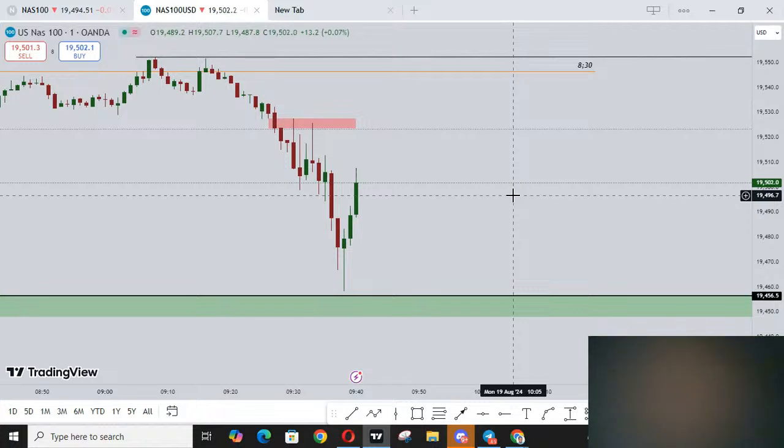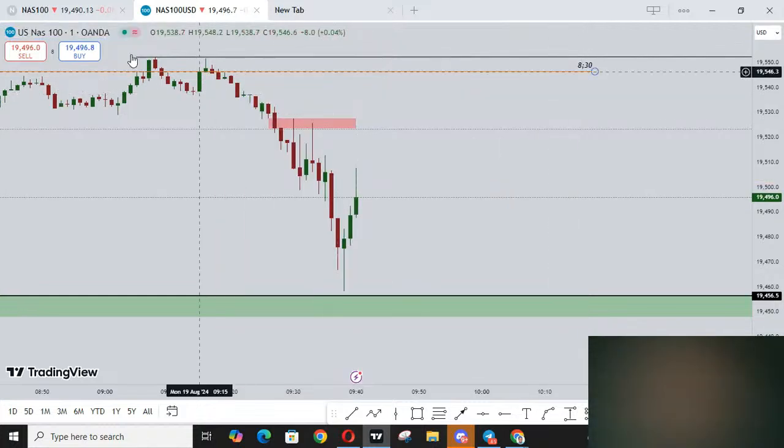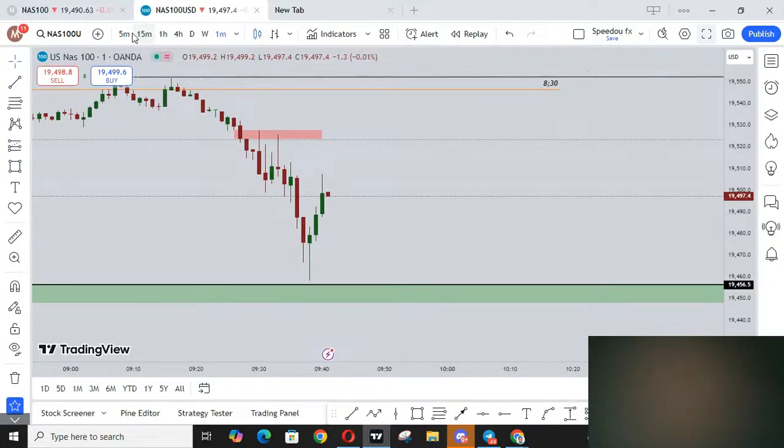Someone asks which is the most profitable mechanical model I recommend. I've traded this model for at least 4 years, and it's the most profitable mechanical model that I personally find to be very, very profitable. So if I am to recommend to my students, I will recommend the New York Judas model.